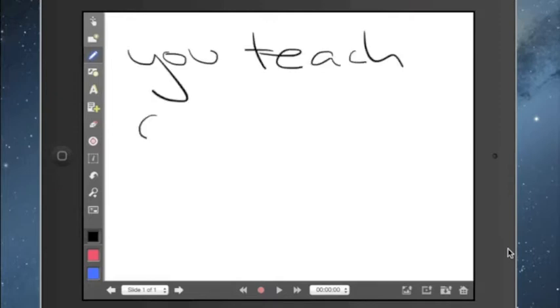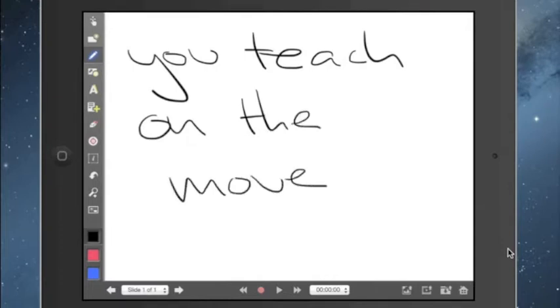I'll just load up a blank screen. If this was all you had, this is the only change that you made, you have your whiteboard as you would at the front of the room, but this time as you're teaching, you're walking around the classroom, and now you are a teacher on the move. That in itself could make all the difference, whether it's this or you use Keynote instead of PowerPoint, and you're just walking around the room, or maybe you're even sitting with your class rather than being the teacher at the